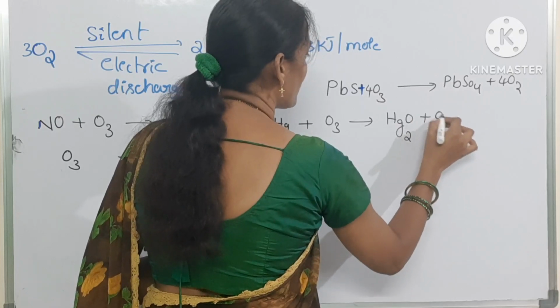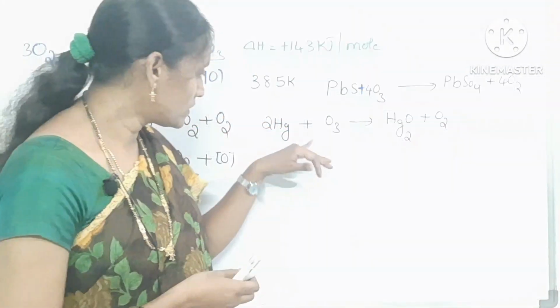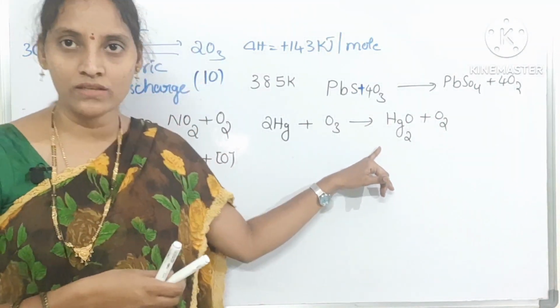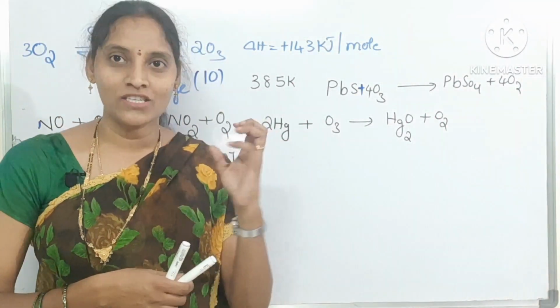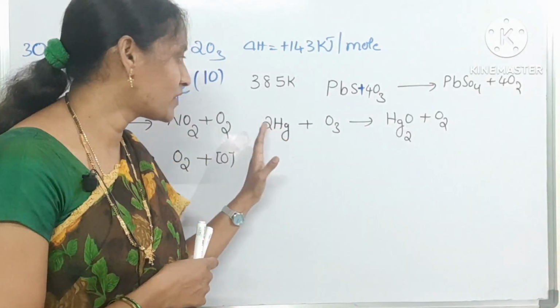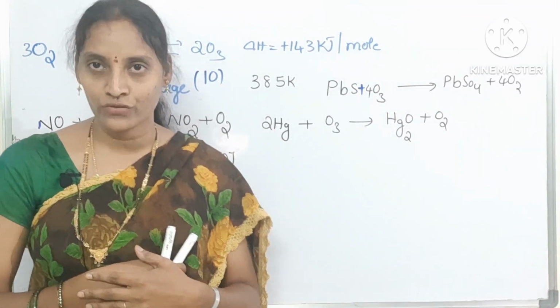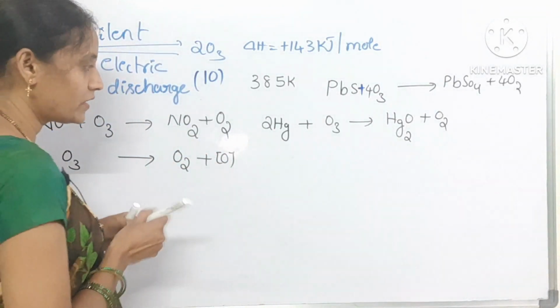This reaction is also known as tailing of mercury. Why? Because it converts into mercuric oxide, which sticks to the walls of the test tube. During this procedure, mercury loses its meniscus, so this process is known as the tailing of mercury. And also it will oxidize